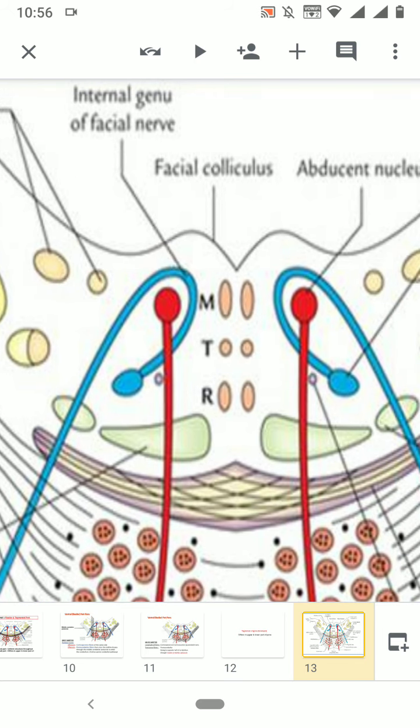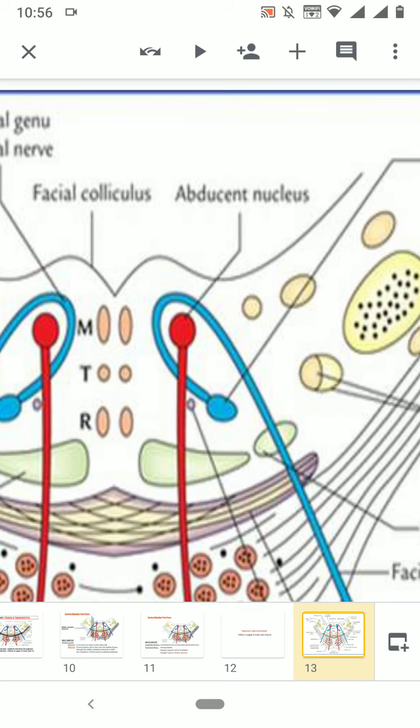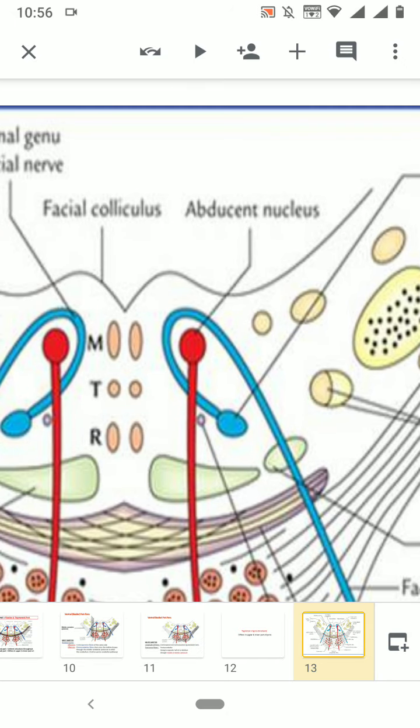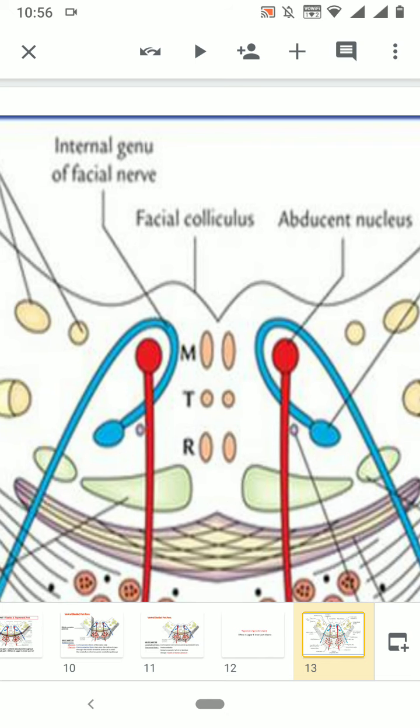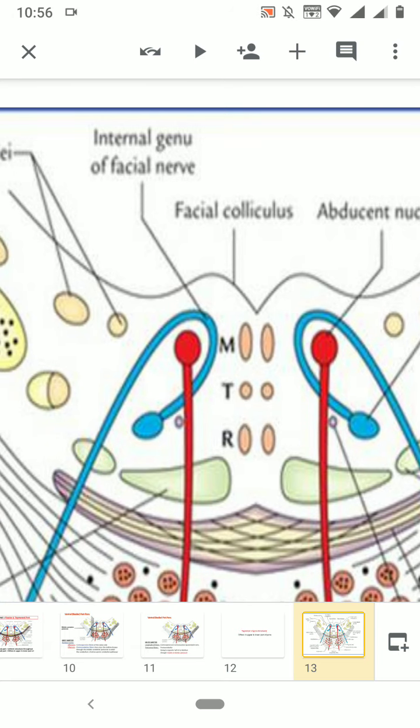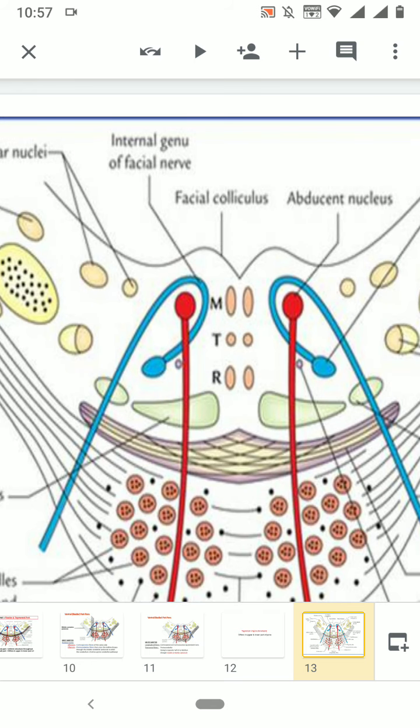Okay, so what we are seeing upwards, you can see over here a red color nuclei, which is labeled as abducens nuclei. You can see a blue color nuclei, that is the facial nuclei, the motor nucleus of the facial nerve, and the fibers of the facial nerve are forming an internal genu. It's labeled over here as internal genu of the facial nerve. It winds around the abducens nucleus and comes out as the facial nerve. You can also see the abducens nerve coming out as the red color nerve. This winding of the fibers of the facial nerve around the abducens nerve nuclei is called the internal genu, and this also forms an elevation which is called the facial colliculus, which you are seeing on the dorsal surface of the pons.